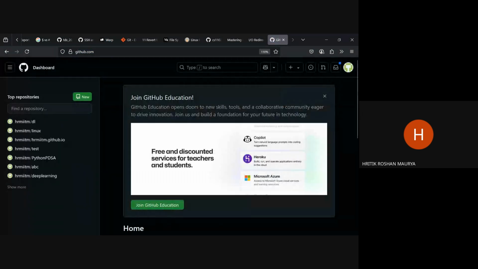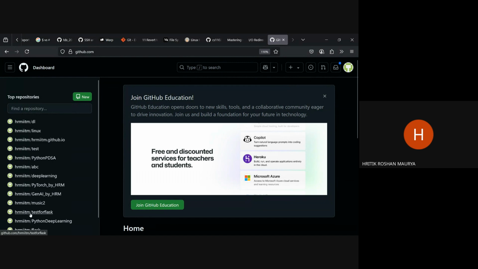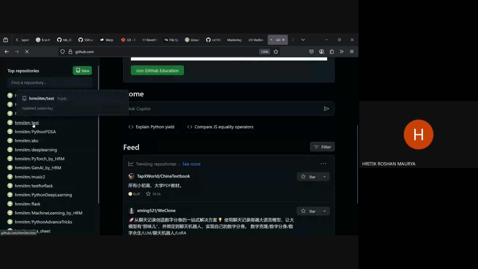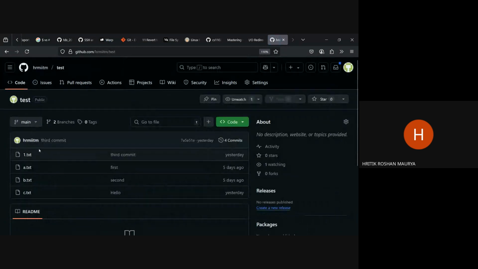So I have this computer, and I go to my GitHub account. I have already logged in with username and password. There is a test directory I have created. Yeah, it is here. The test directory has this thing. I want to edit it with my VS Code, on my own computer, without going